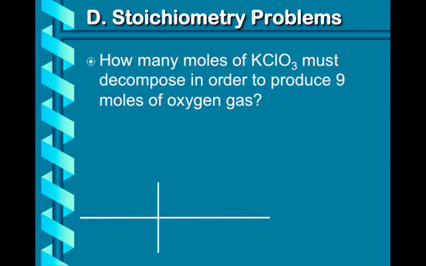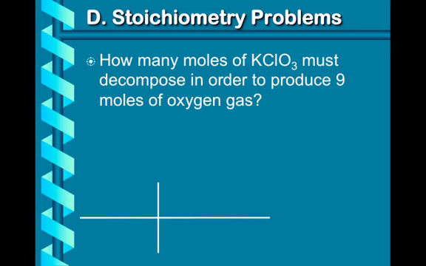So in this video we're going to work 4 example problems. The first example problem I want to work with you deals with mole-to-mole conversions. Remember, all stoichiometry problems have to have a mole-to-mole conversion. Alright, so the first one reads, how many moles of potassium chlorate must decompose in order to produce 9 moles